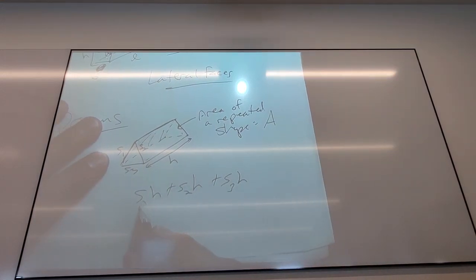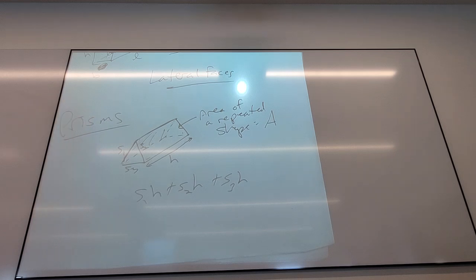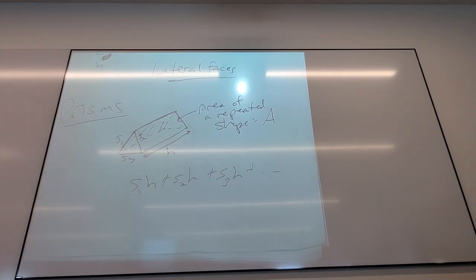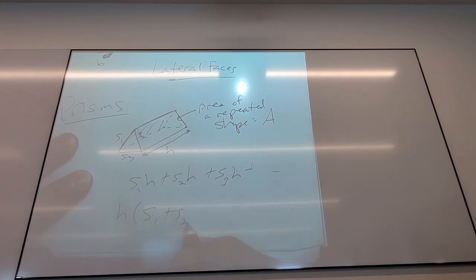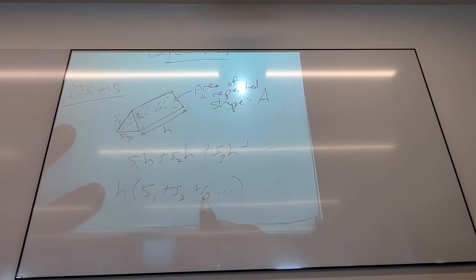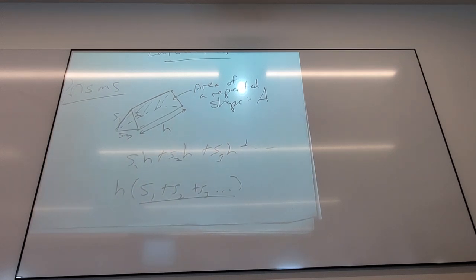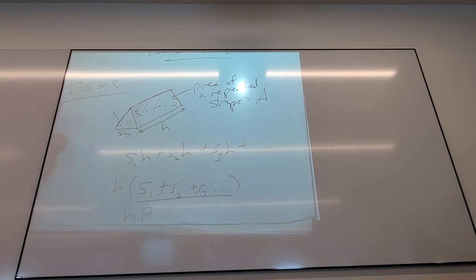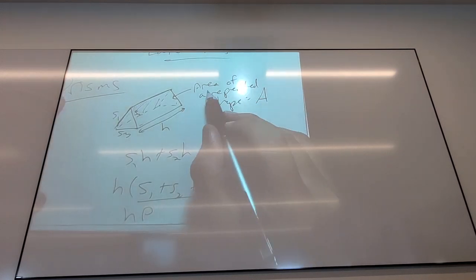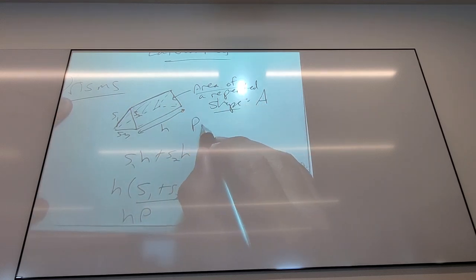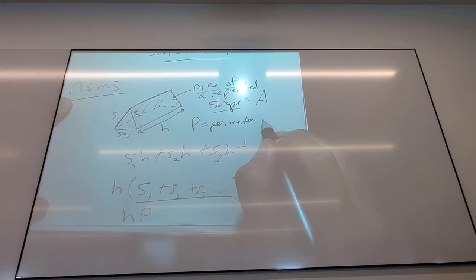And by the way, this works no matter what shape this is, correct? So I can have more terms here depending on how many sides the shape was that I constructed the base out of, yes? If I take an H out, and this could potentially go on, what is this? If I add up all the sides of my base shape, it's the perimeter of the base shape. So if I'm given the area of the repeated shape and the perimeter of the repeated shape,